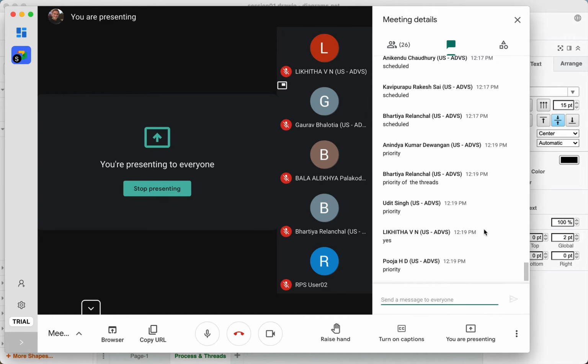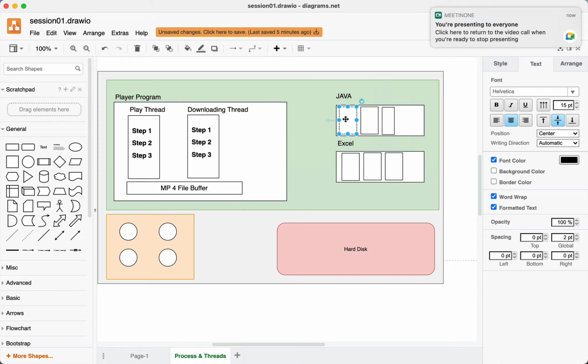It is also possible that I have my Java program and only one thread is running. All the other threads have completed their job, and only some one thread is still running. When there are no threads running in the program, that means the program is not running and the program will exit. I will repeat once more. When there are no threads running in the program, there is no job to be done by the program. Your program will exit.